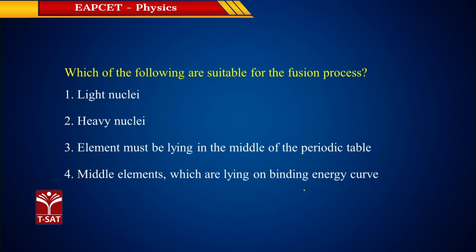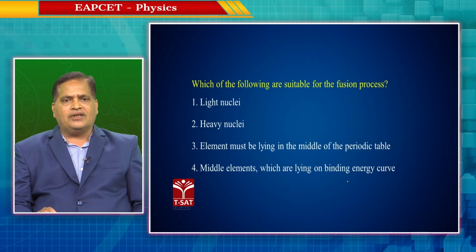In fission we are taking the heavy nucleus. Suppose you know that in fission uranium bombarded with a neutron gives rise to barium, krypton plus 3 neutrons plus 200 mega electron volts. In fusion, here you know that light nucleus